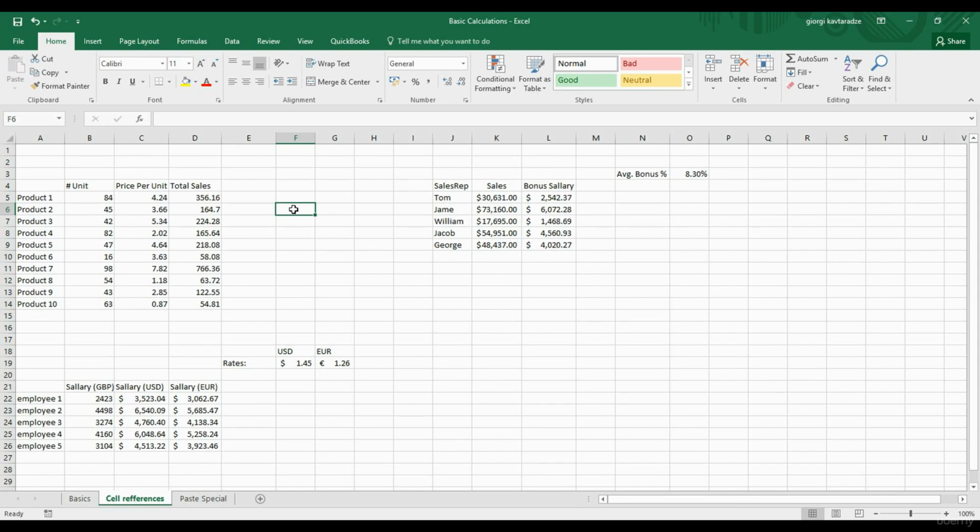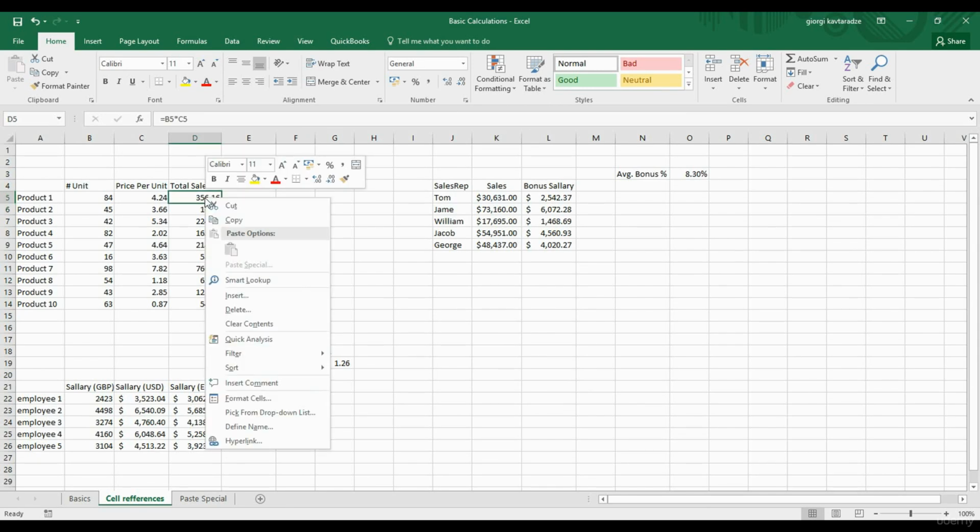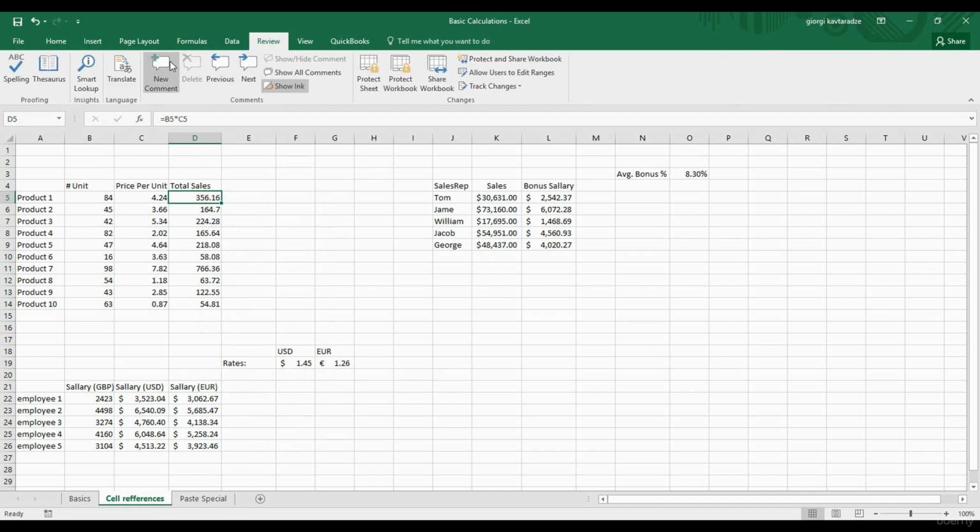Sometimes we need to insert a comment instead of editing the content of a cell. Let's add one. Select cell D5 and right-click on it. Now choose the Insert Comment command or go to the Review tab and click on the New Comment icon. A comment box will appear. Type a comment like